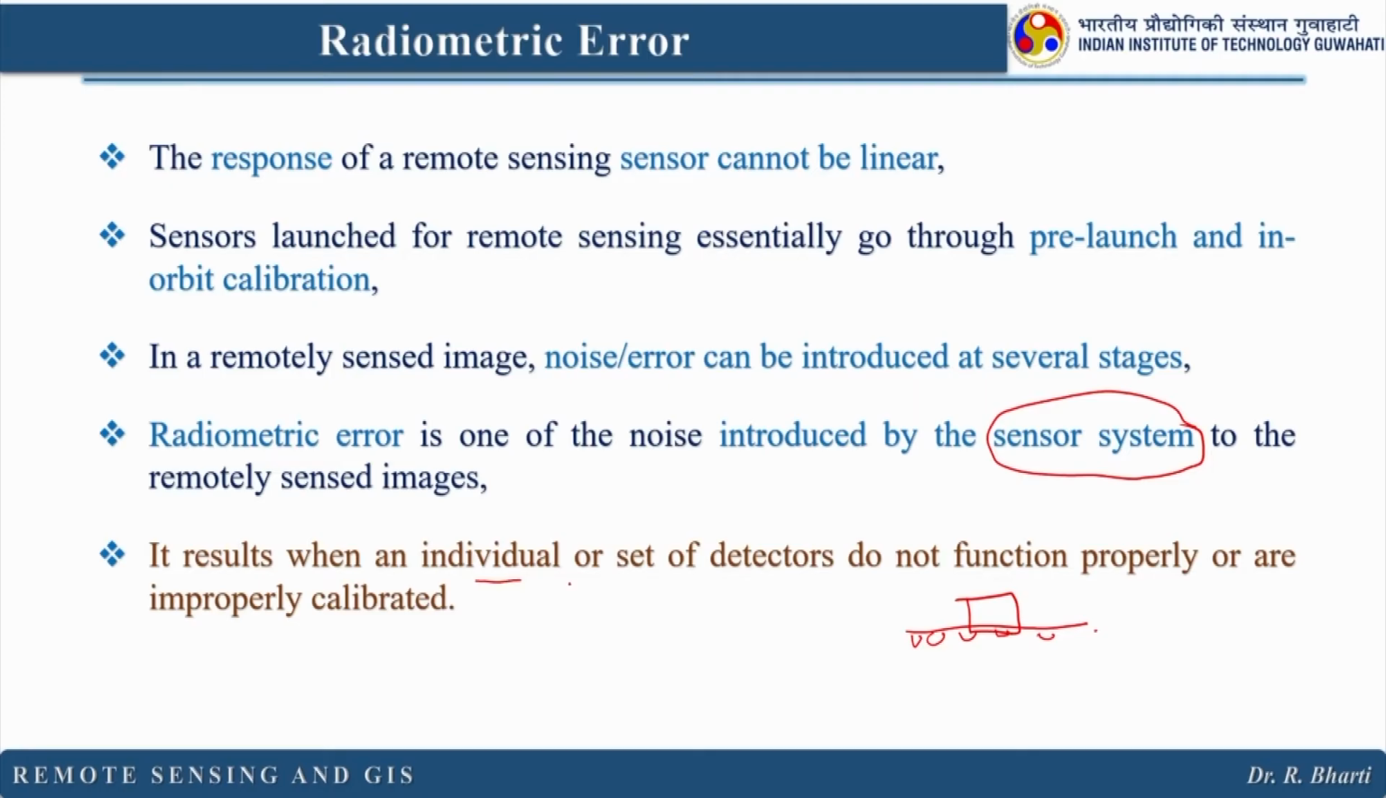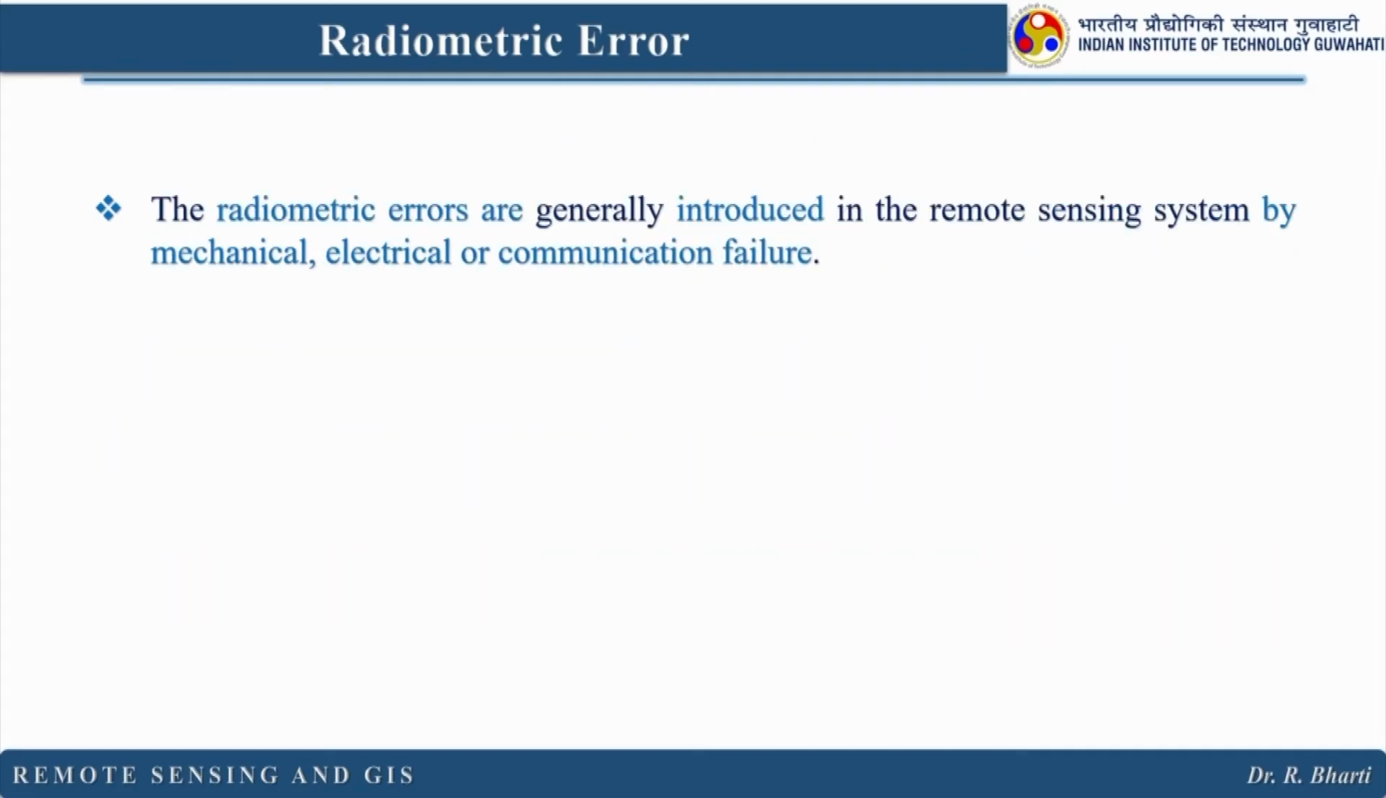So here what we are doing is identifying those problematic pixels caused by or measured by your sensor, or which were not measured by those particular detectors. That is why I have written, it results when an individual or set of detectors do not function properly or are improperly calibrated, right. The radiometric errors are generally introduced in the remote sensing image by mechanical, electrical